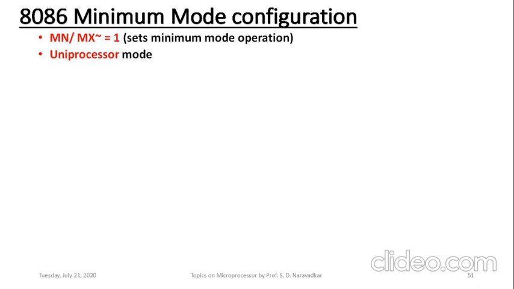It is the uniprocessor mode. It means that the entire operation inside the system will be handled by the 8086 CPU. There is no coprocessor NDP 8087 or IO processor 8089 to support their corresponding functions. Every control operation will be handled by 8086 alone. That's why this particular mode is called a uniprocessor mode.